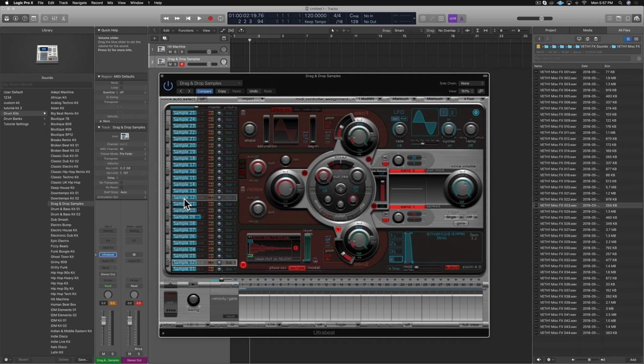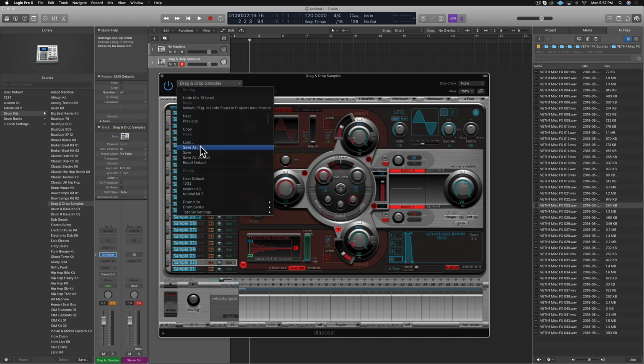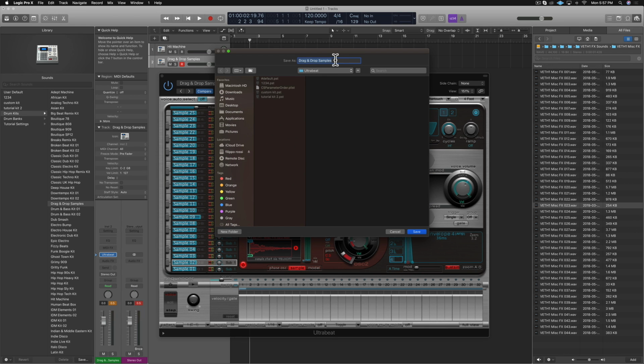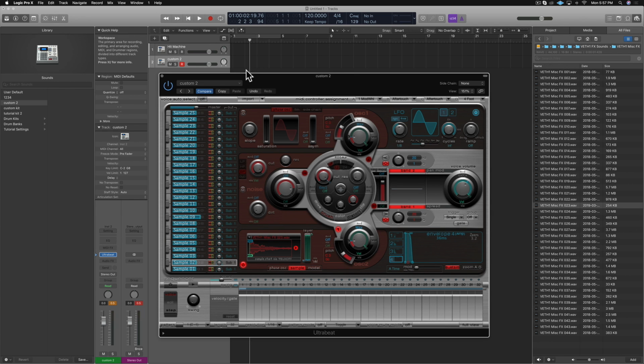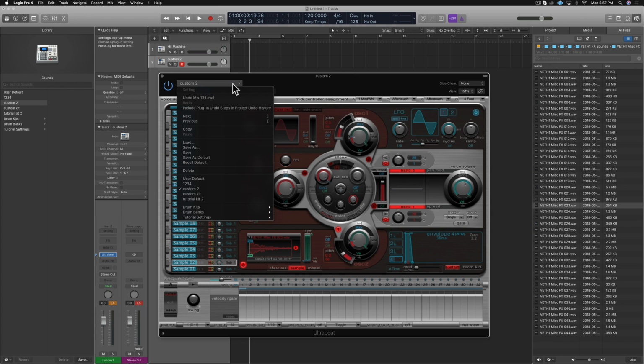When you're done creating your custom kit, all you got to do is head over to Save As. You could name it whatever you want. We'll just name it Custom 2. Hit save, and now when you open up your Ultrabeat, you can see that there's Custom 2 here in your custom kits, and it can be accessed anytime for future